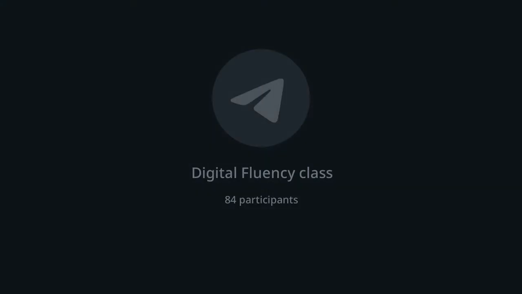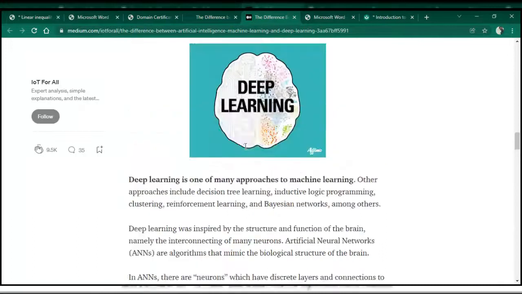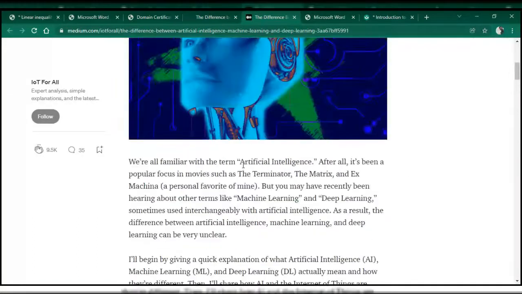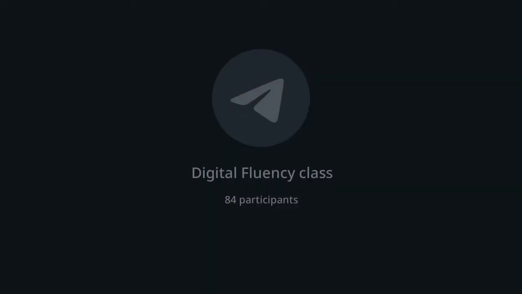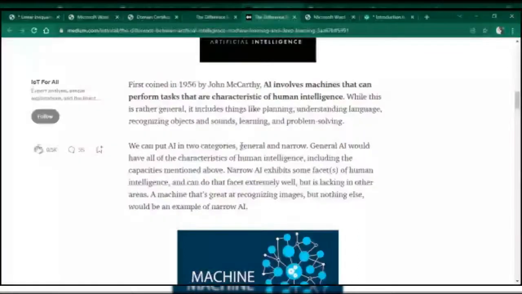So that is the main difference between deep learning, artificial intelligence and machine learning. The same thing is explained here. If you study this, you will get to know what exactly it is. Then there are two categories in AI: general and narrow. General in the sense it can understand nearly everything. You can give it shapes, fruits, sizes, colors, the different modes.